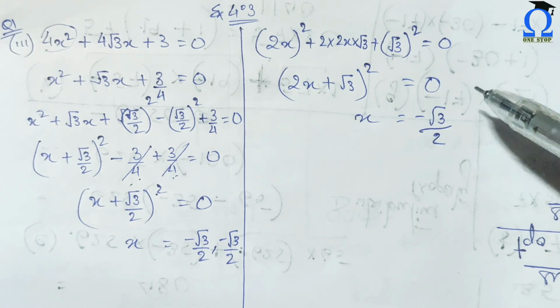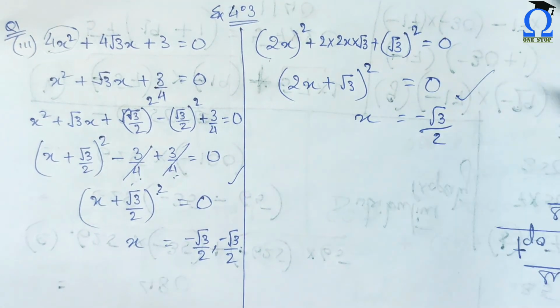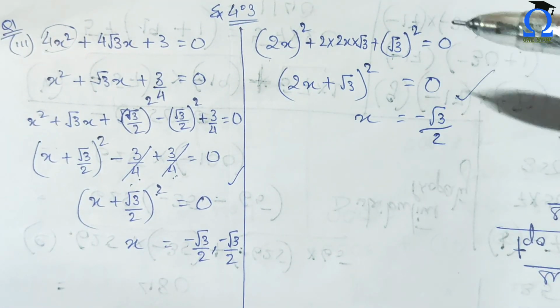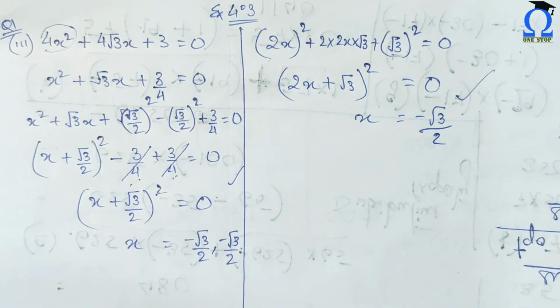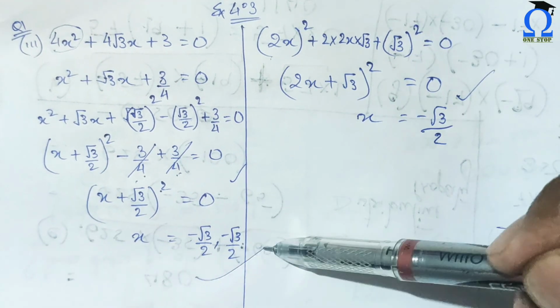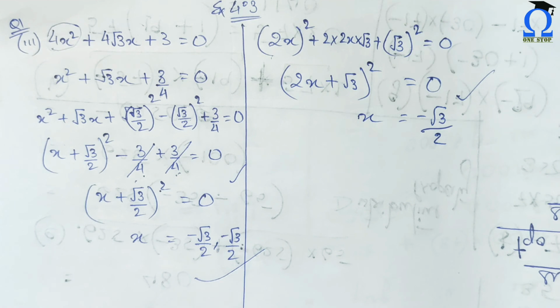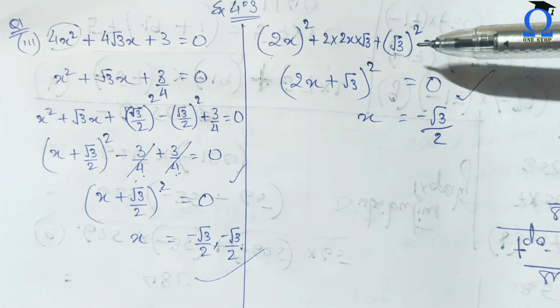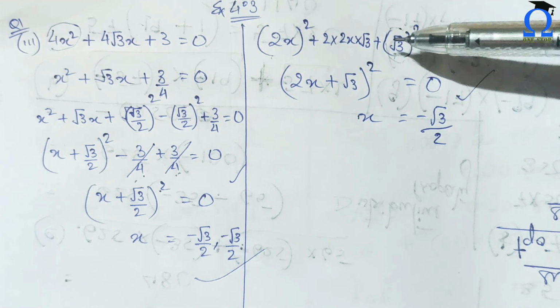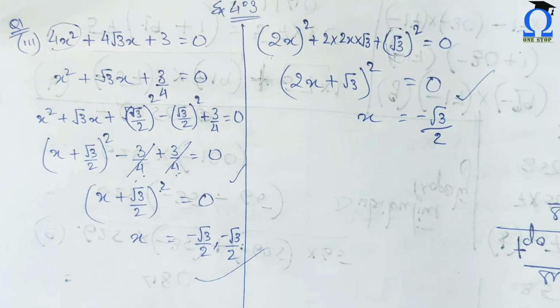Understood? So this is also one method and this is also one method. Actually both are the same method, but I wanted to teach you the same method for all the questions, so I have taught you this first. Okay, and this method we have been doing since we were in class 8. Yes, and this root 3 is a new thing. Otherwise we have done this part.